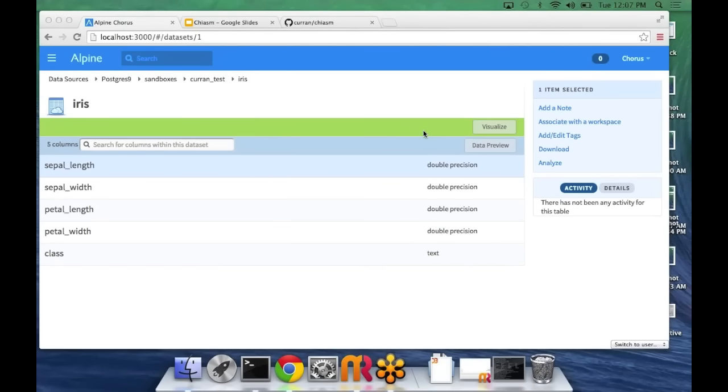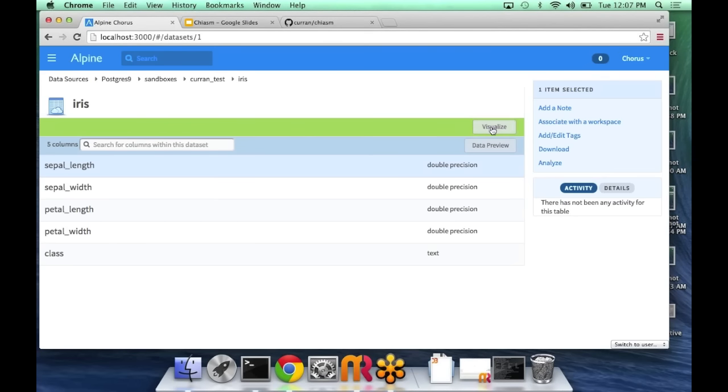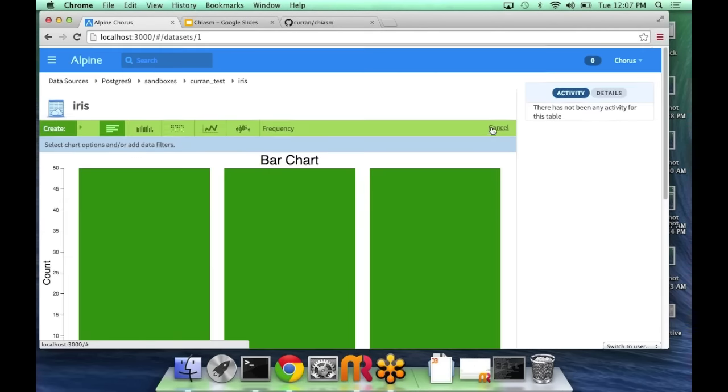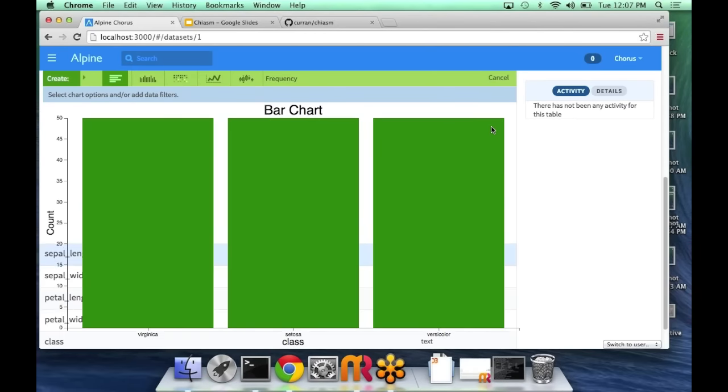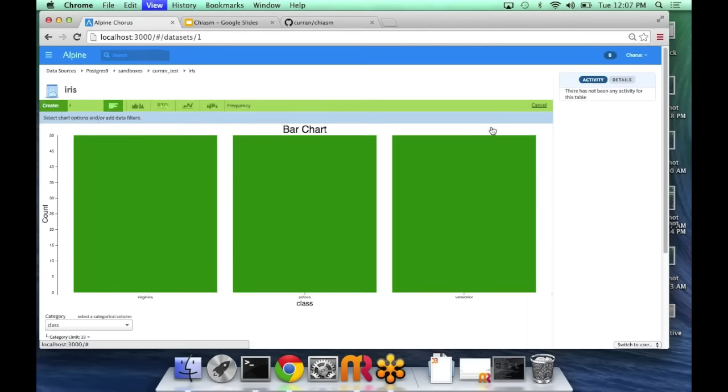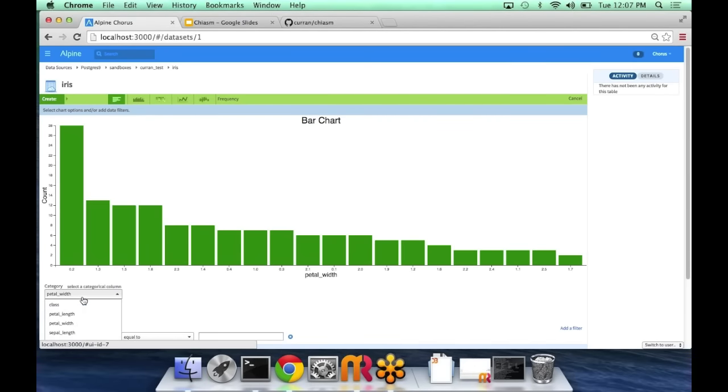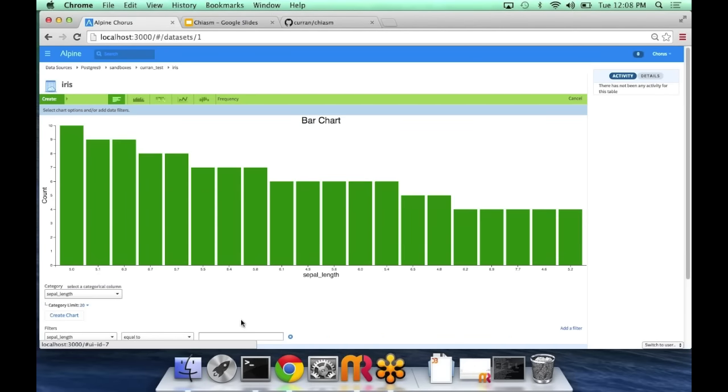So I'd like to start with a demo of Chiasm actually working in Chorus. Here's the iris dataset as an example dataset in my local Chorus. And when I click visualize, I get a bar chart. Oh, the resolution. Oh, geez. Anyway, if I click down here, it actually calls into the code that produces the aggregations for the bar chart